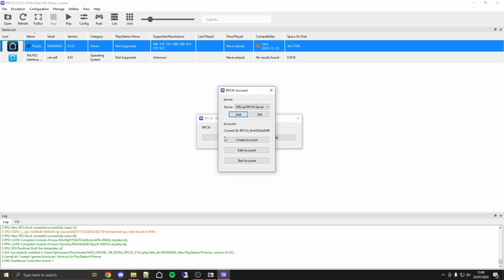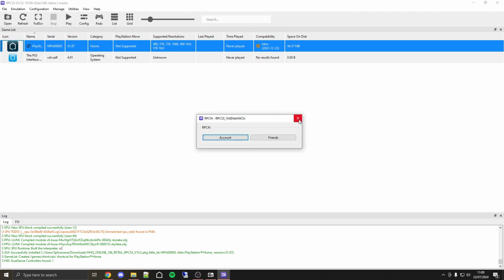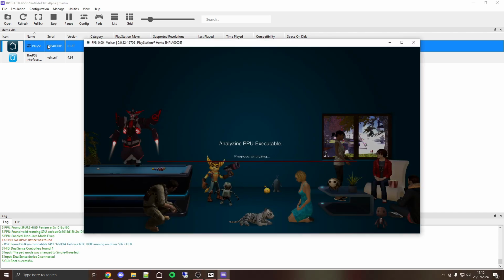And now you need to create an RPCN account. This is pretty straightforward, and the way to know it works is by clicking this test account, and if it comes up with your account is valid, that means it works and you can log on to PlayStation Home. So from then you can just go back and then double click PlayStation Home just like this, and it'll bring